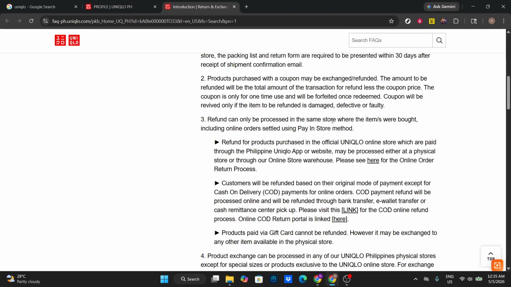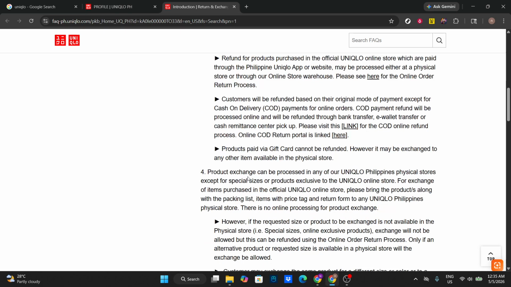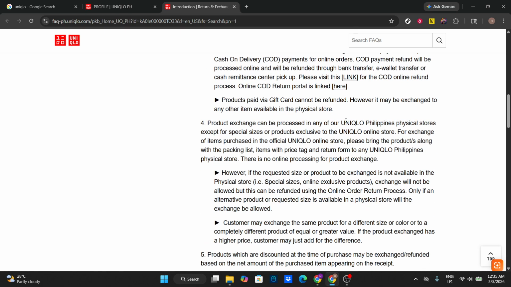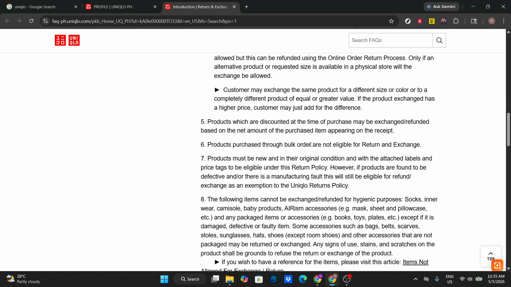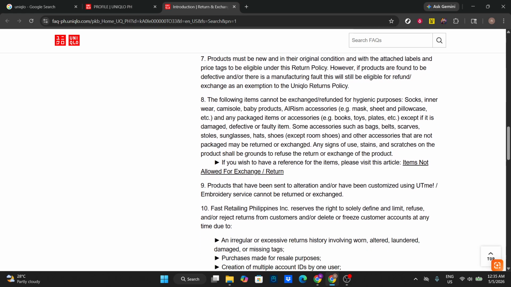That's it. Visit the Uniqlo site, head to your profile, scroll to help. Open the return policy, read the introduction, return and exchange policy, note the 30-day window, prepare the return form if you ordered online, and complete the exchange in store. Always double check the policy